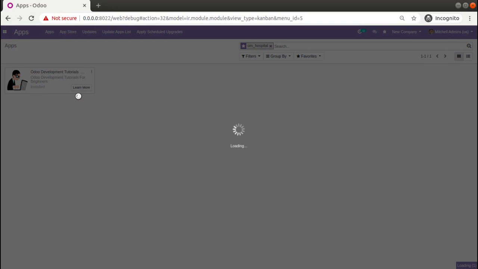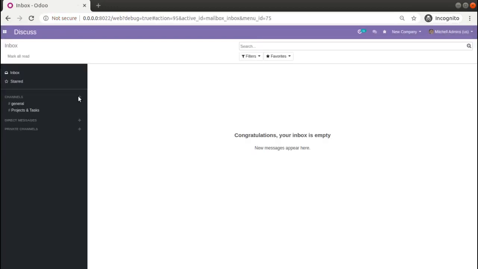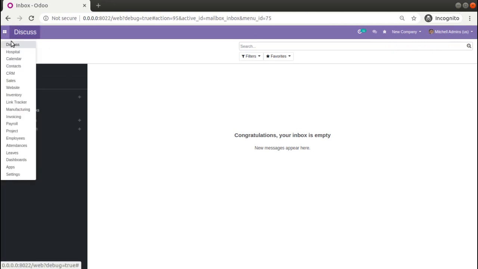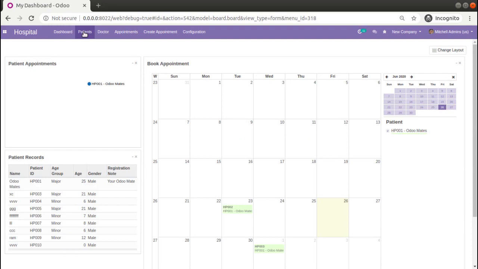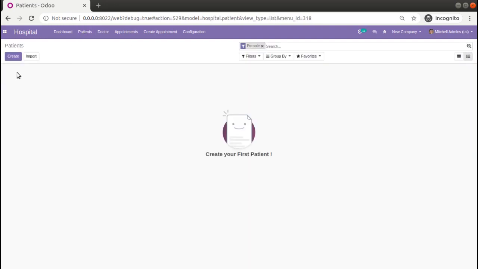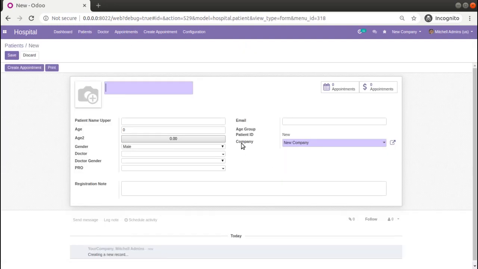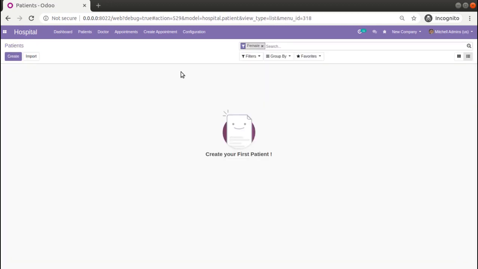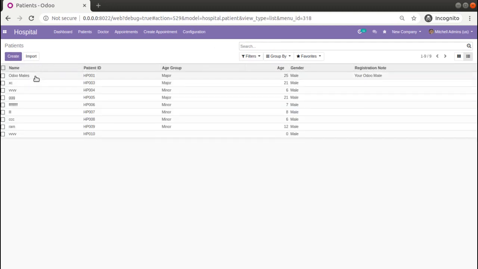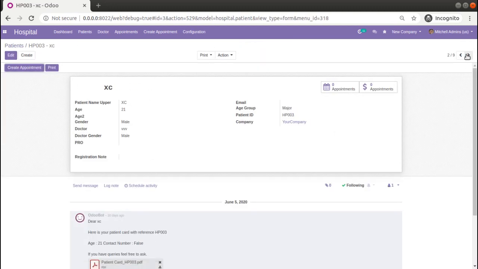So what we have done so far is we have added a field into the corresponding model and added it to the corresponding view, and the field name is company ID. So I'll be going into the hospital, then to the patients, and if I switch to the list view and if I click on the create button, you can see the company ID is coming with the default value. So this is the first step. So first of all, what you have to do, you have to add a company ID field to the model and to the view. So you can see company ID is visible now because we have already activated the multi-company feature. So that's done. Now we have to limit the visibility of the record.